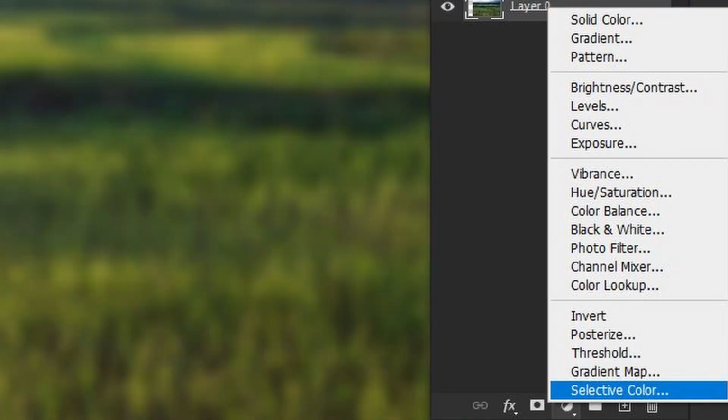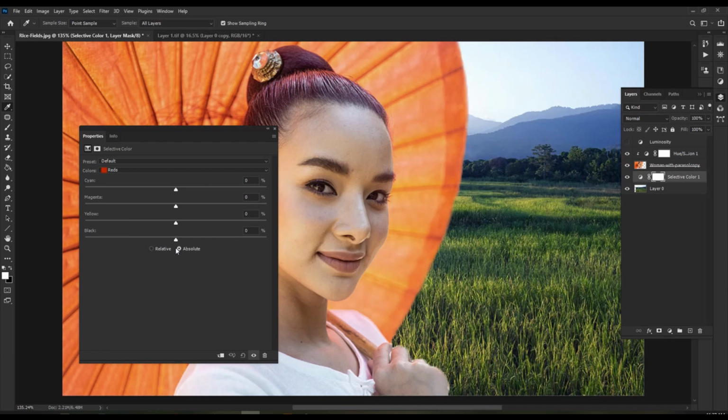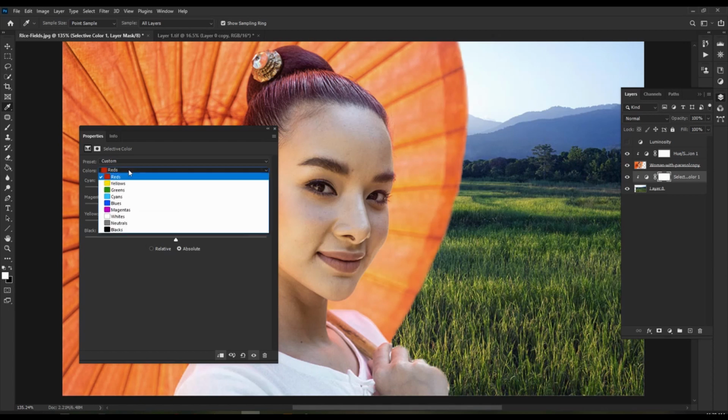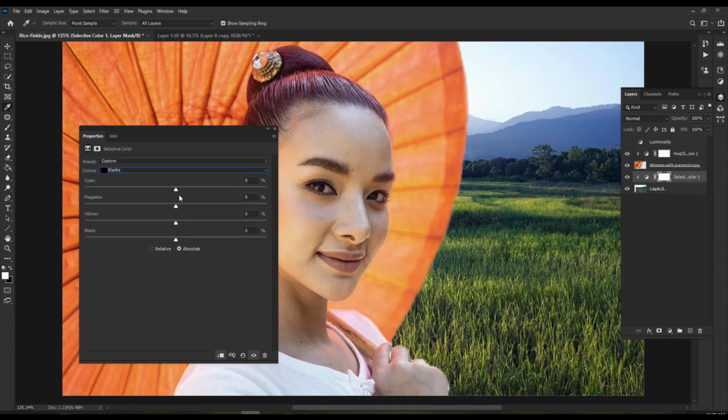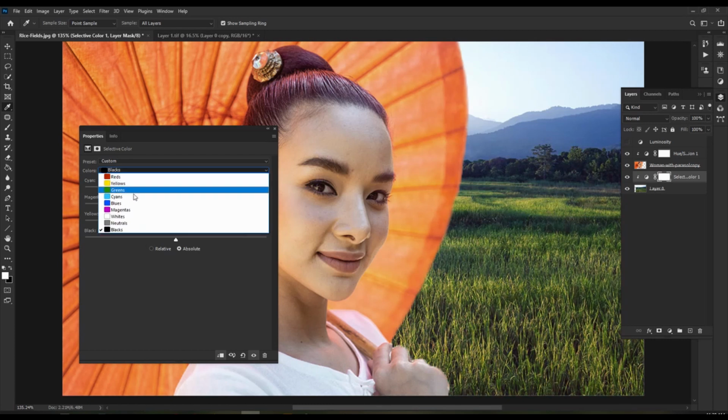Now I'm going to open a selective colour adjustment layer, make sure it's clicked onto absolute there, and then clip it to the layer that you want to work on. I'm working on the bottom layer because I want to adjust the colours in the bottom layer, not the top layer. I don't want to affect her skin tone colour, so I'm going to just work on the blacks and the mid-tones and the whites and use the sliders to warm that layer up a little bit because it's quite cold. It was quite blue